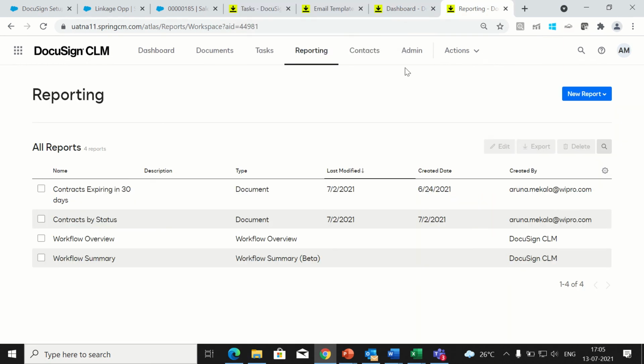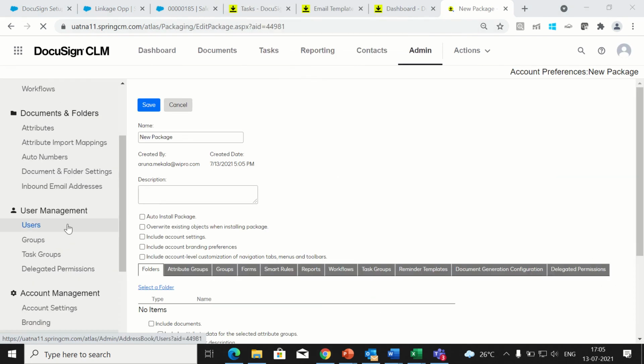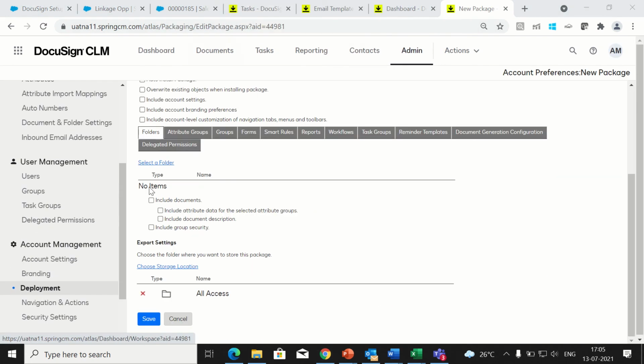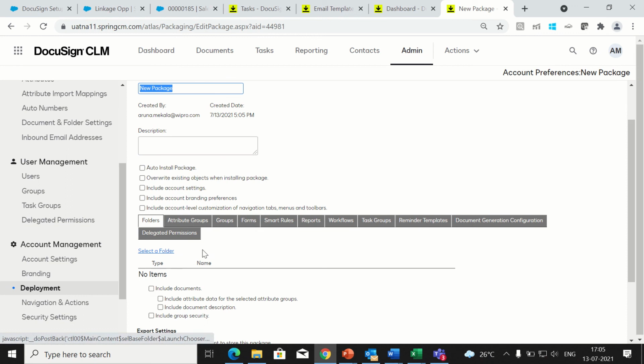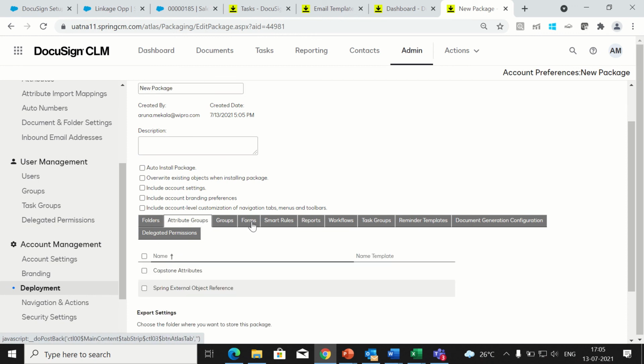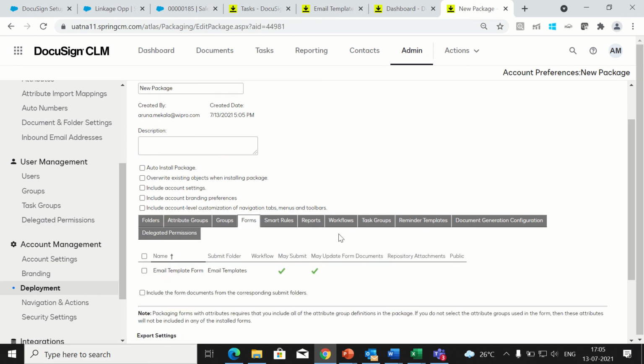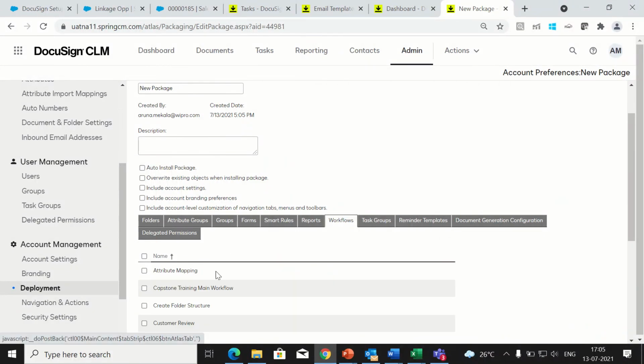And next comes the deployment part. If I want to deploy all these components to another environment, I can use this deployment package option. I can give it a name, and choose the folders to be deployed, like templates, attribute groups, forms, which are e-forms, and workflows.